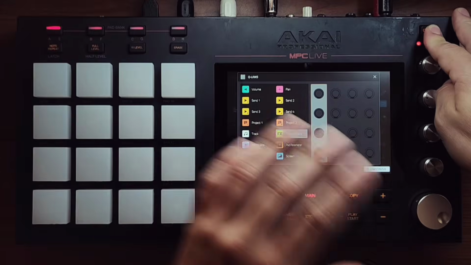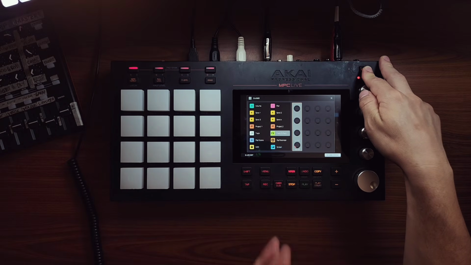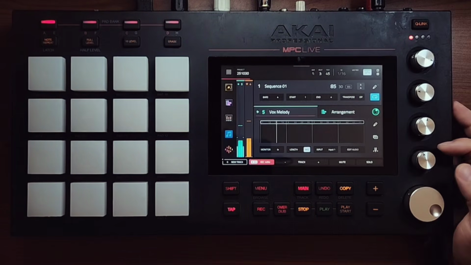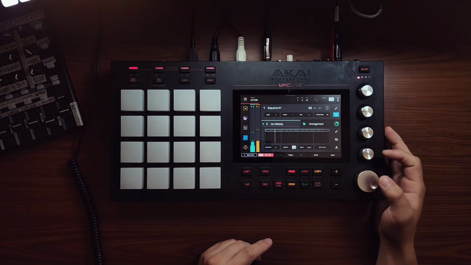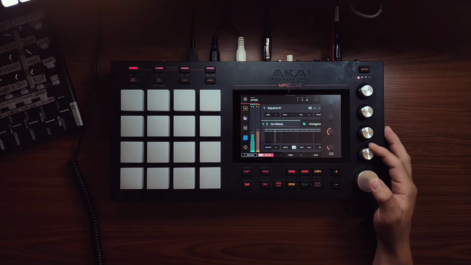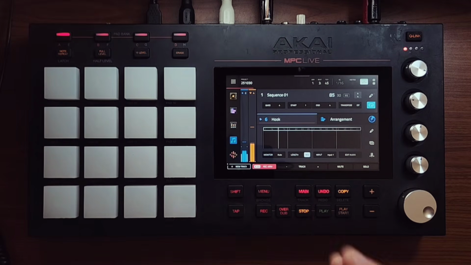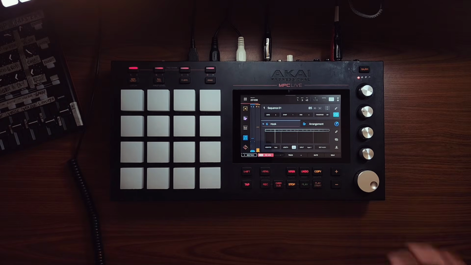Now if you notice, there are no parameters on this pretty much because you have to program it yourself. So I've already programmed one thing, and that's the low gain. Here on this bottom knob, that's affecting the low gain at about 150 hertz inside the channel strip plugin on the insert. But what's cool about this is if I move over to a different audio track, for example, now I'm on my hook track, this knob is not programmed to anything